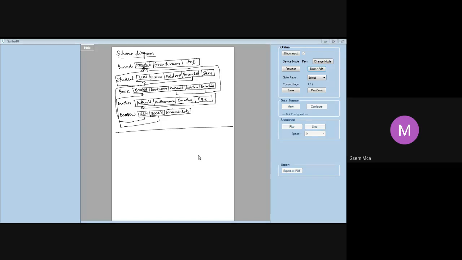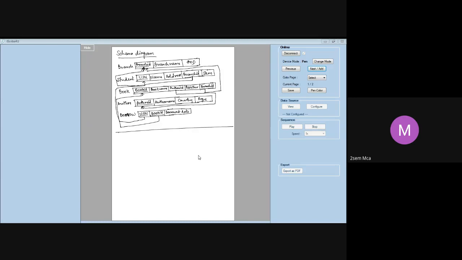Again, coming to the book table. In the book table, you are finding author ID and branch ID, both are there. Author ID is a primary key in author. Branch ID is a primary key in branch. So author ID and branch ID both become foreign keys in the book table.